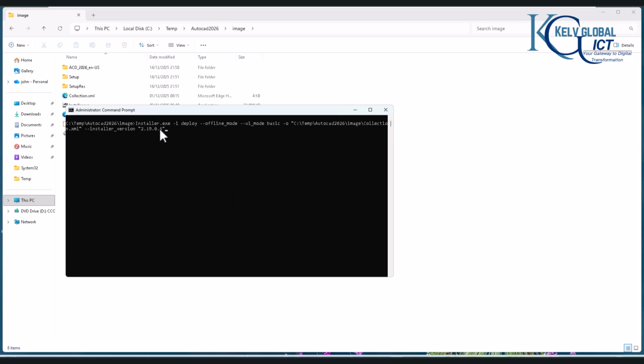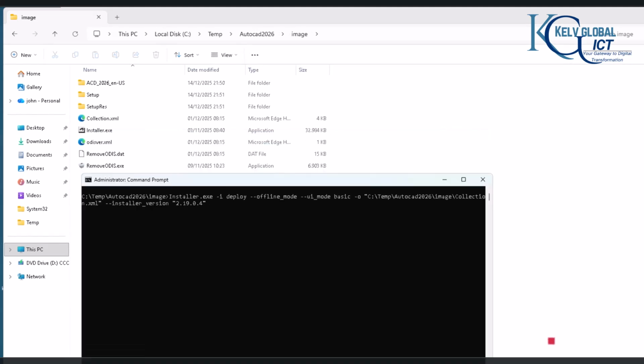So look at this command. It says Installer.exe, and we have the install command. Then we have the strip install command deploy. Then we have offline_mode. The user interface is going to be a basic install, and we also need to put the version of the